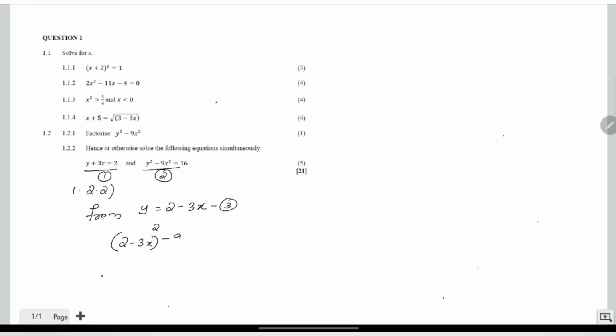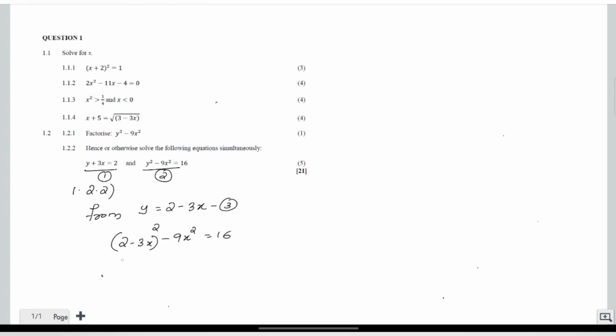Square minus 9x square is equal to 16. So after the substitution, equation number 2 will look like this. Okay, now open the bracket, then you can get the answer. That's it. Okay, because now we can solve it, because after the substitution you can see only one variable. What is that variable? Only x. The y is gone, isn't it? Now it is simple to